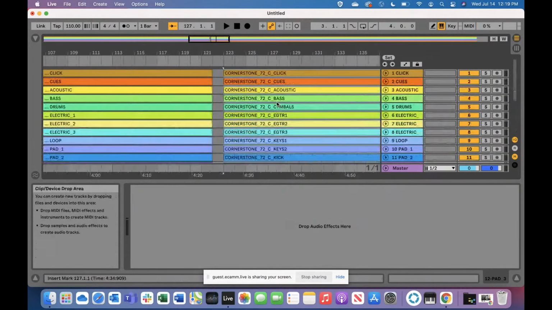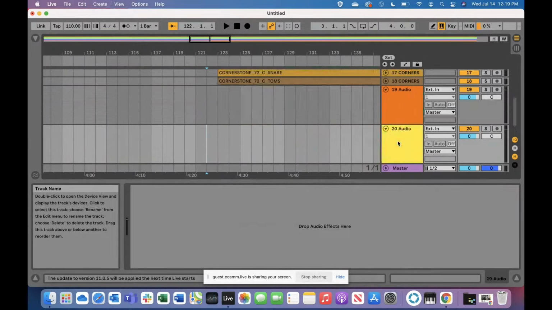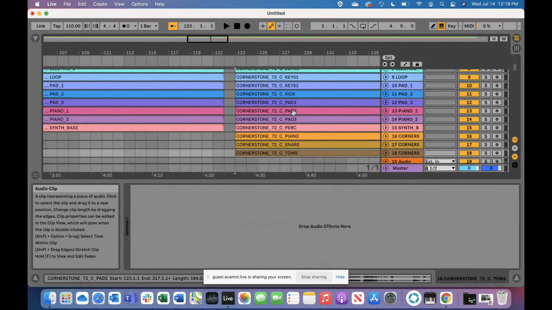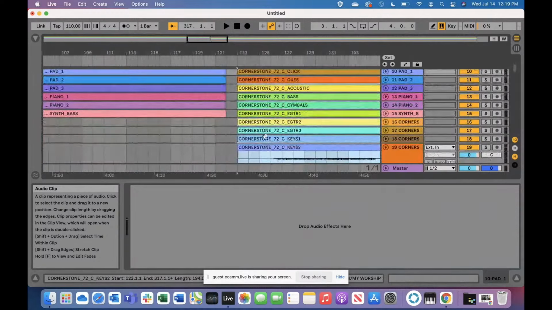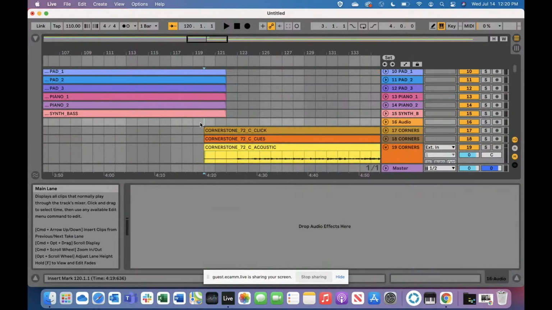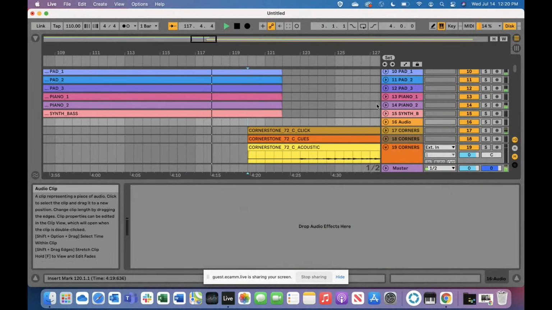Whoops. We have to actually create some tracks first. So I'm going to just do Command T and create a bunch of tracks. Okay. And let's go ahead and just take these and drag them down. And what you could do with this is you can kind of overlap the songs so that when this song is done playing,